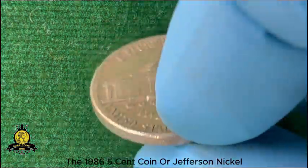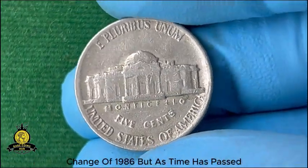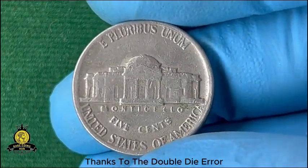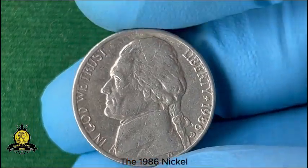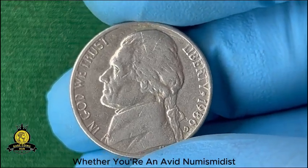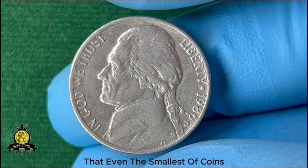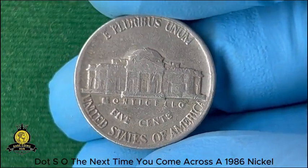Conclusion: the 1986 5-cent coin, or Jefferson nickel, may have seemed like just another coin in the pocket change of 1986, but as time has passed, this coin has evolved into a coveted collectible. Thanks to the double die error, the rarity of certain specimens, and their high demand among collectors, the 1986 nickel has become worth far more than its face value. Whether you're an avid numismatist or just someone who happened to find a rare coin in your pocket, the 1986 nickel serves as a reminder that even the smallest of coins can hold tremendous value. So, the next time you come across a 1986 nickel, remember,